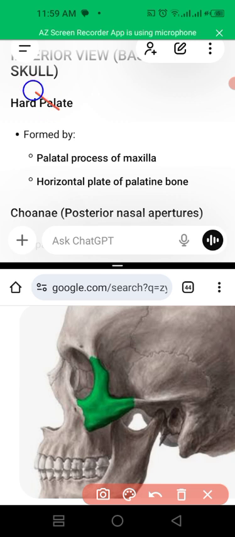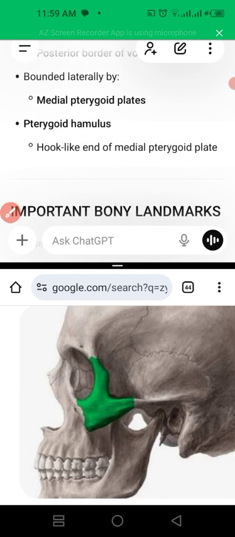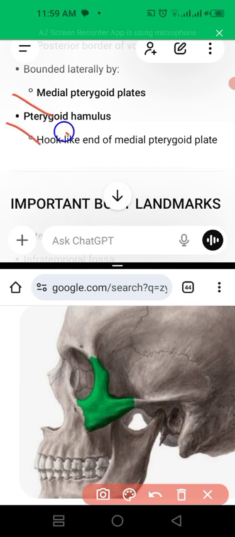The hard palate is formed by the palatine process of the maxilla and the horizontal plate of the palatine bone. The choanae are separated by the posterior border of the vomer, and bounded laterally by the medial pterygoid plate, and the pterygoid hamulus is a hook-like